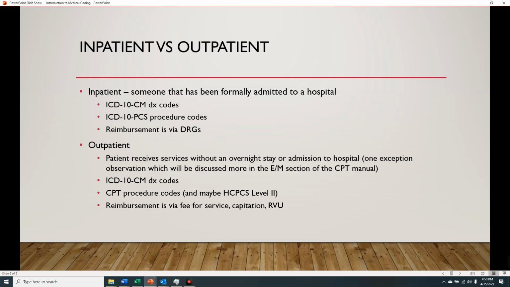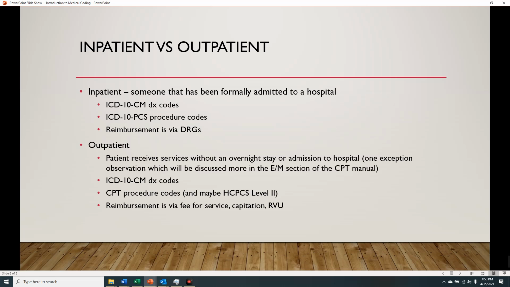So the way that a patient can get admitted to the hospital is through the ER, or they have scheduled surgery, then they're going to be admitted after that surgery for follow-up or for observation,